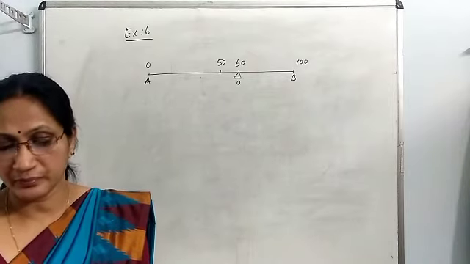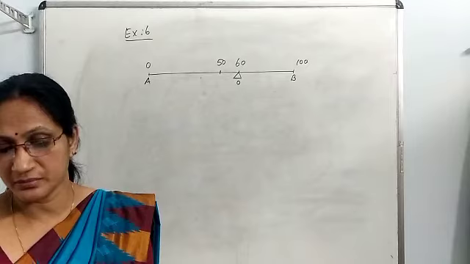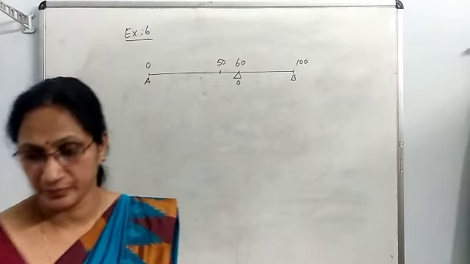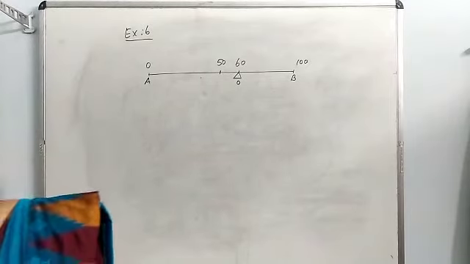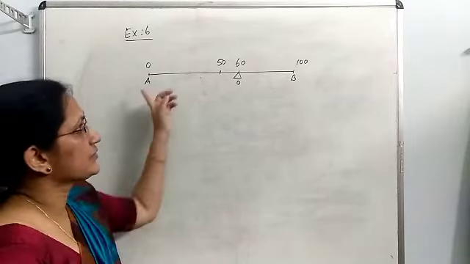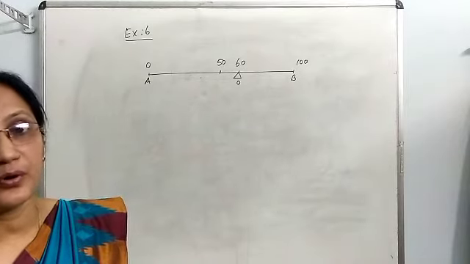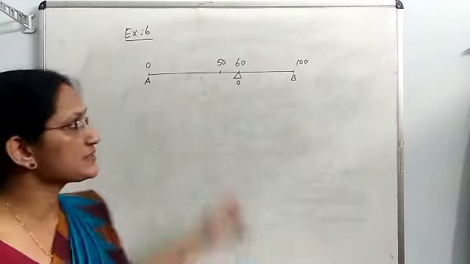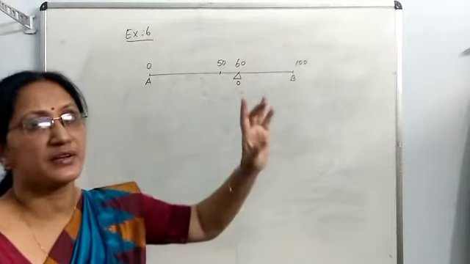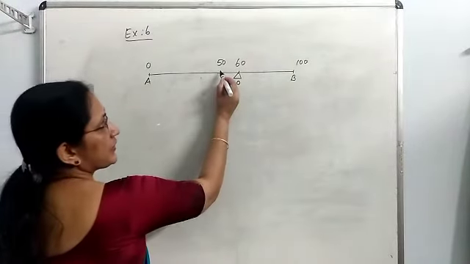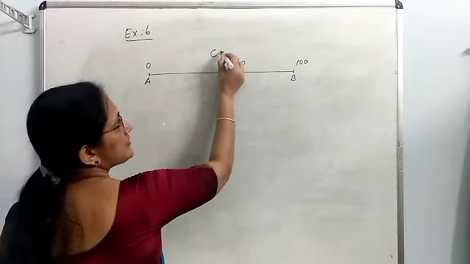Draw the diagram and find out at which end this mass must be suspended. And also find out the mass of the scale. For every object, its weight acts at the point called the center of gravity. Since it is a uniform scale, its center of gravity is the midpoint. This midpoint is known as the center of gravity.